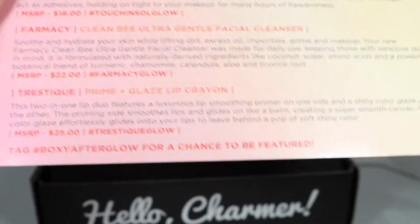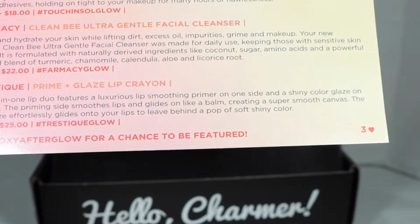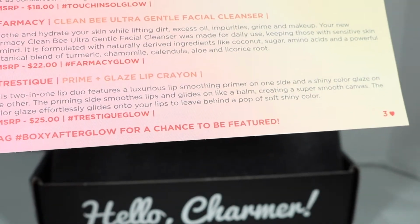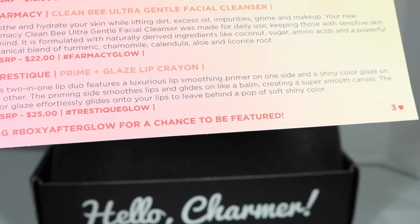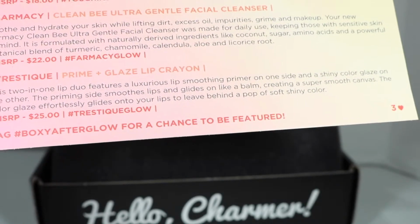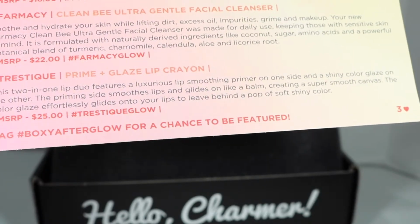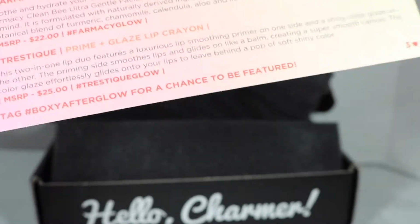Okay, so it's a crown. This 2-in-1 lip duo features a luxurious lip smoothing primer on one side and a shiny color glaze on the other. The priming side smooths lips and glides on like balm, creating a super smooth canvas. The color glaze effortlessly glides onto your lips to leave behind a pop of shiny color. Okay, $25. Oh my goodness, that is like,